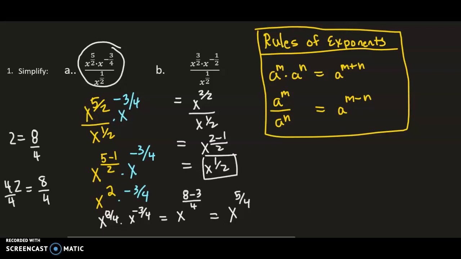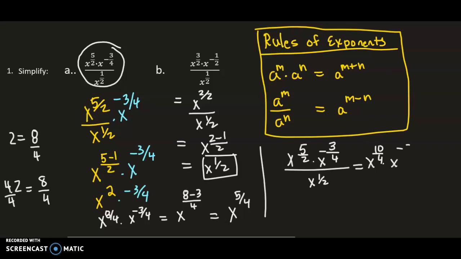Let's go back to this first one and try it doing the numerator first and then the denominator. So if we had x raised to the 5/2 times x to the negative 3/4 divided by x to the 1/2. Let's say we called that 10/4 in the numerator. So we have a common denominator, and then in the numerator